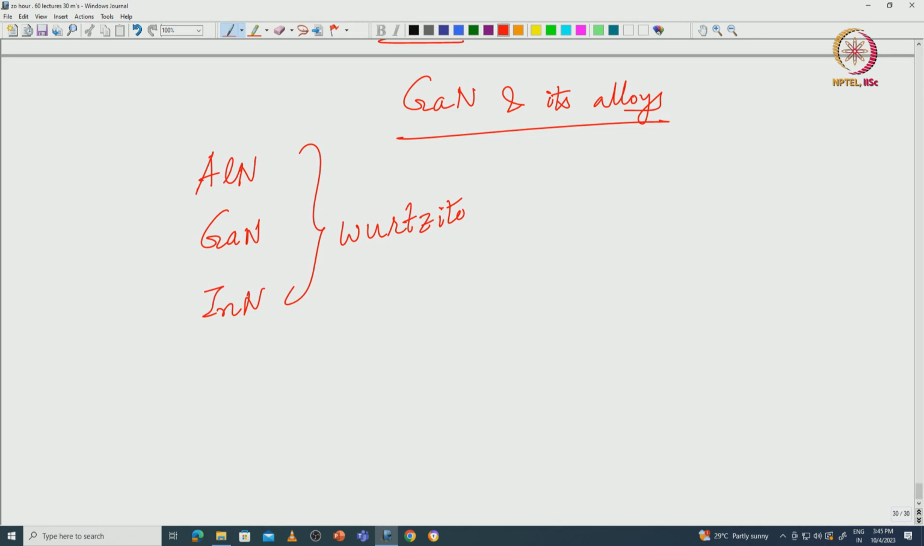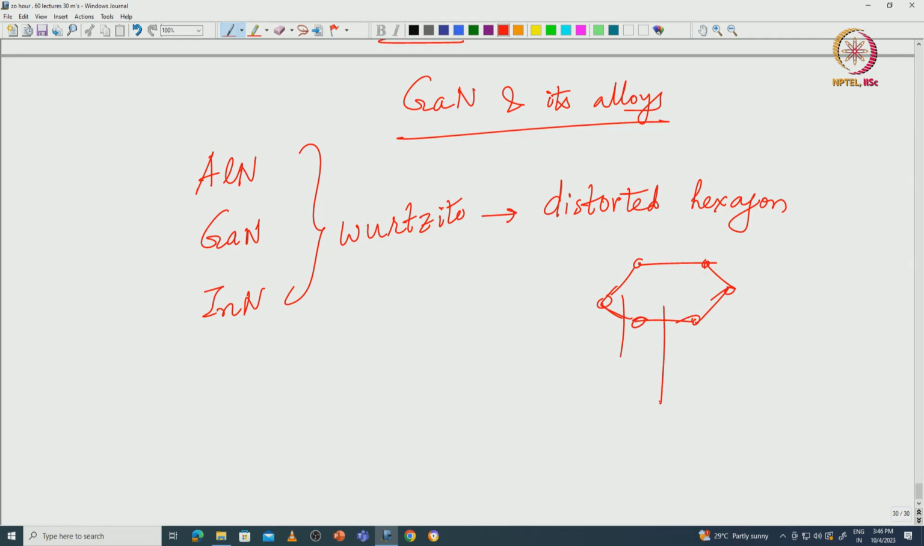It is only the wurtzite phase of the gallium nitride family that is used in RF devices, and wurtzite, you can think of this as a distorted hexagon. So basically, you have a hexagonal kind of lattice, the lattice is like a hexagon, okay. It is still a slightly distorted hexagon. So if you look into the hexagonal crystal structure,